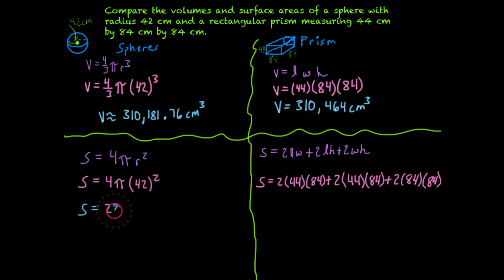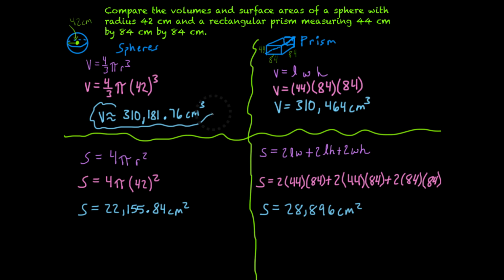Alright, so the final answer here would be the surface area. It's equal to 22,155.84 centimeters squared. And over here for the prism, the surface area would equal 28,896 centimeters squared. Okay, so now I'm actually just going to box up these final answers just so I can